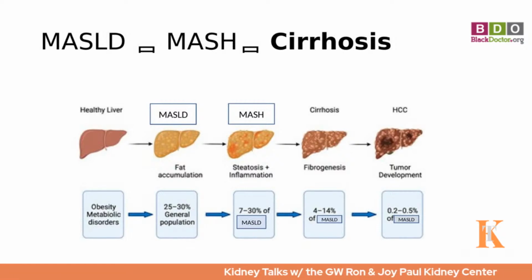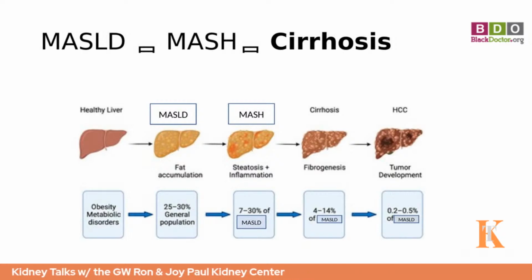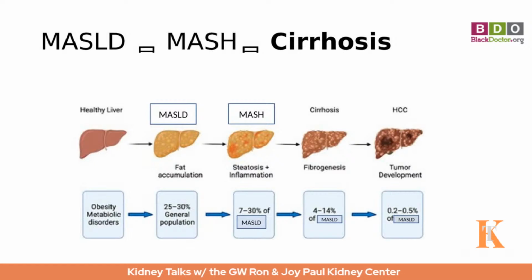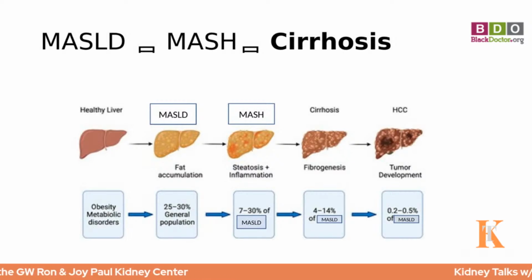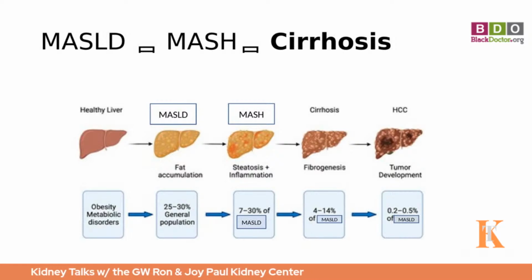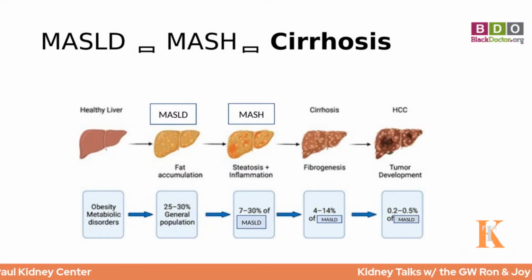Initially, presumably and hopefully and mostly, we're all born with a healthy liver. However, as we develop metabolic disorders like diabetes, high blood pressure, high cholesterol, obesity, fat accumulates in the liver. This happens in about 20 to 30% of the general population. At first, fat is just there. It's not doing anything. But as this persists, as years go by of fat being in the liver, you have a patient having uncontrolled obesity or metabolic disorders, about 7 to 30%, and that's a big range, can now develop